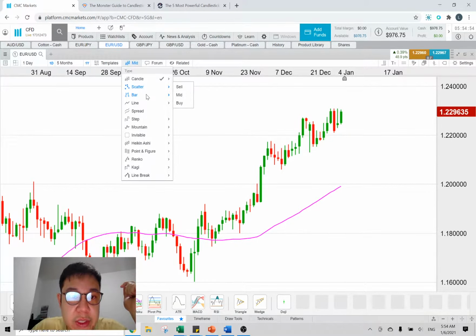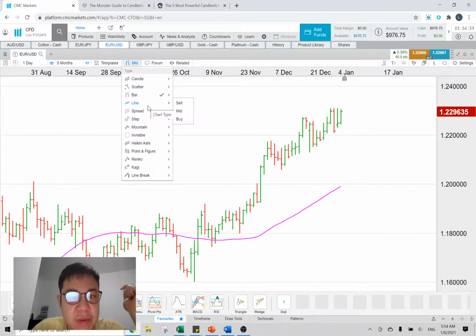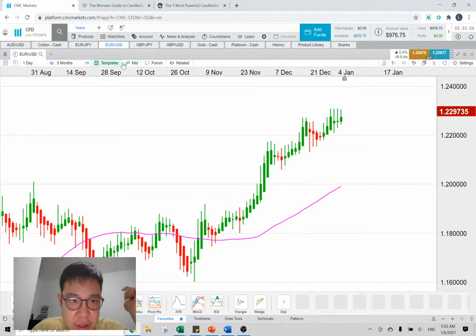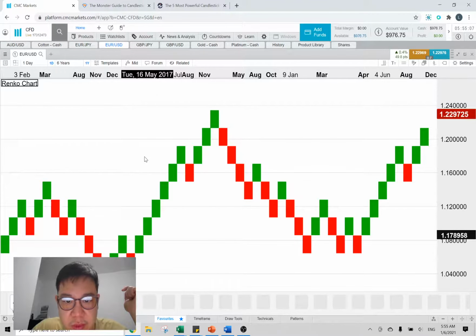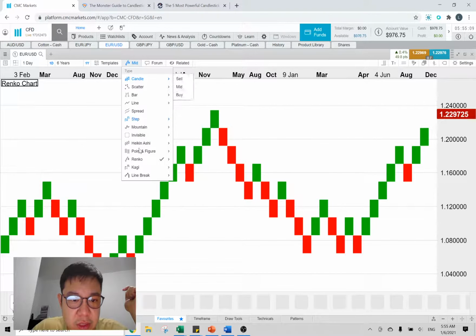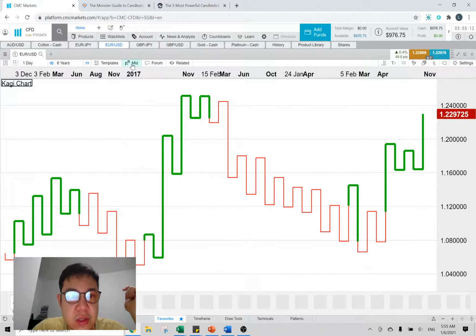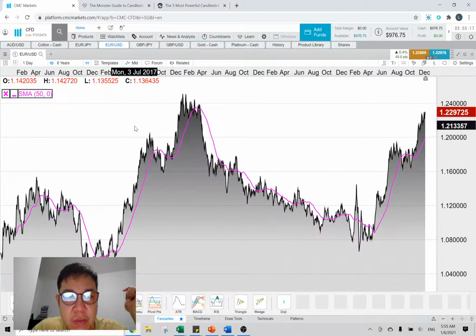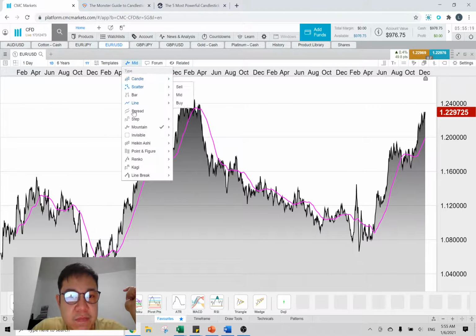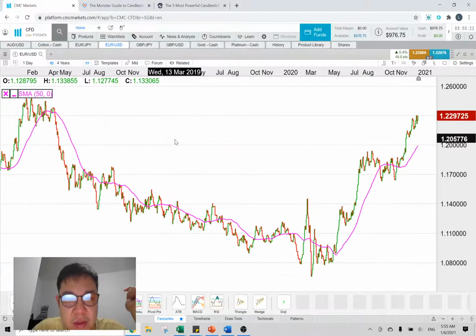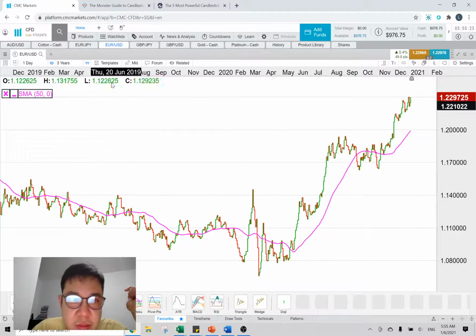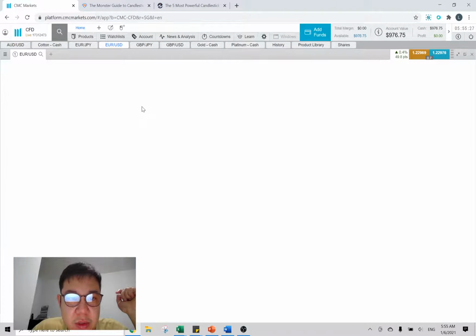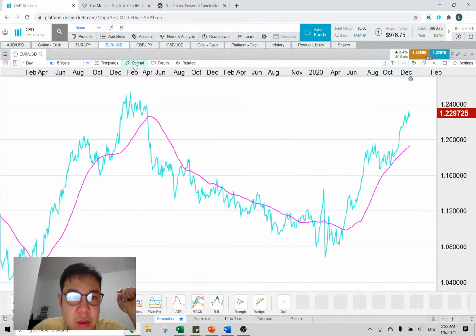Let me see. Yeah, so there's bar. Normally people just use either bar or candle. There are others, which I don't know what they are, to be honest. This one is just disgusting. I'm not going to use this. It's all this stupid price. Not stupid, but I don't know how to use them, and I don't think people really use them. Who uses them, man? Oh my god. Maybe there are people, but I don't. So all these are different stuff.